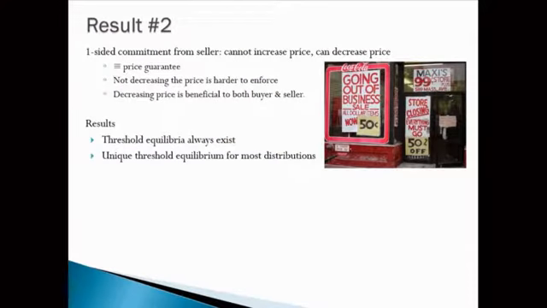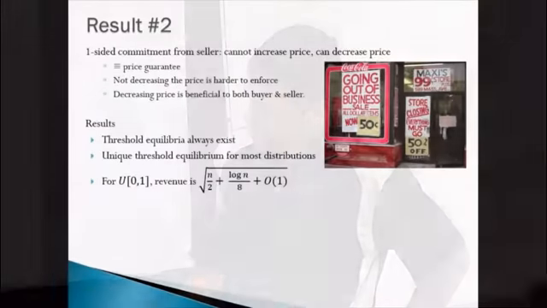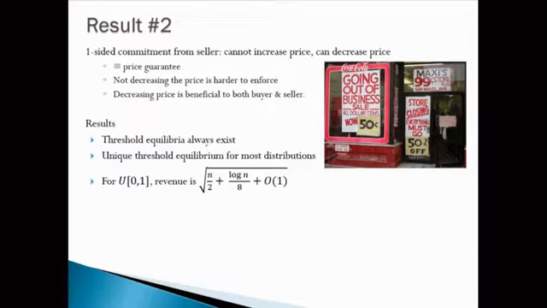If this commitment can be given credibly, then we show that threshold equilibria are guaranteed to exist, a unique threshold equilibrium for most distributions, and for the uniform 0,1 we can analytically calculate what the revenue is. It goes from constant to square root n over 2 in the unique threshold equilibrium that exists for uniform 0,1. You can compute this for any distribution. It's easy to write a program, but analytically it's not possible to do it for every distribution. So I took uniform 0,1 and you'll get this revenue as opposed to a constant. But still much lower than the Myerson optimum, correct.